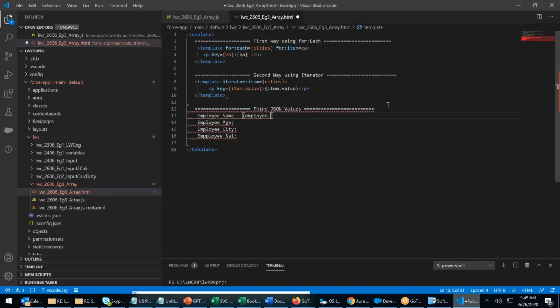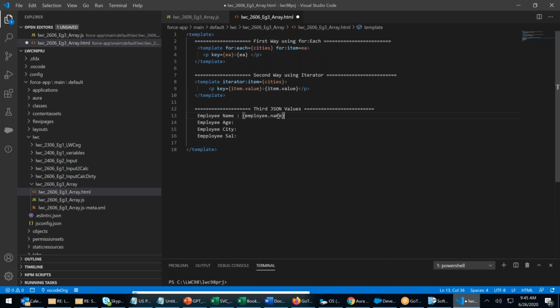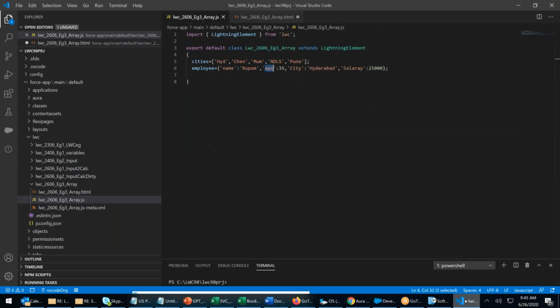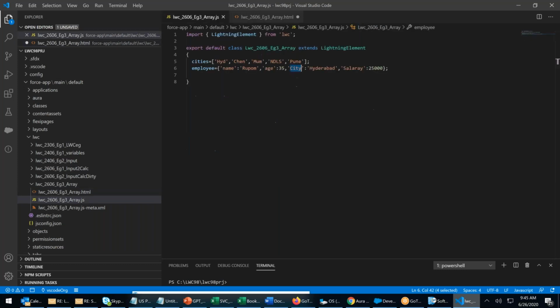Employee dot name. Employee dot age. Employee dot city. Employee dot salary. It is case sensitive: salary S is capital, C is capital.